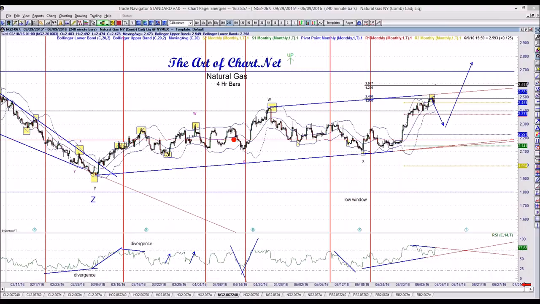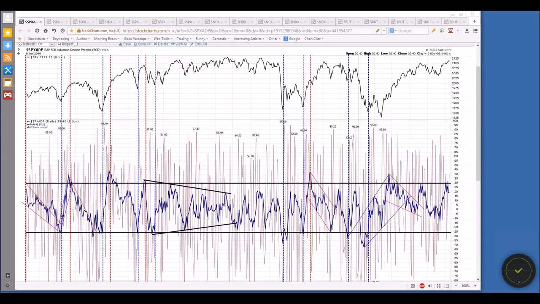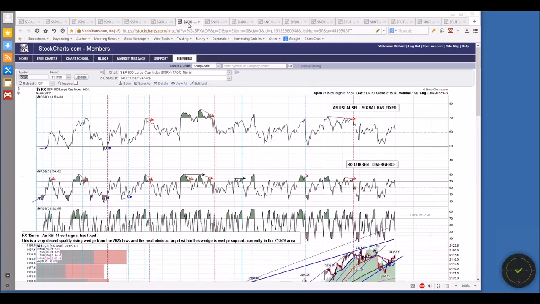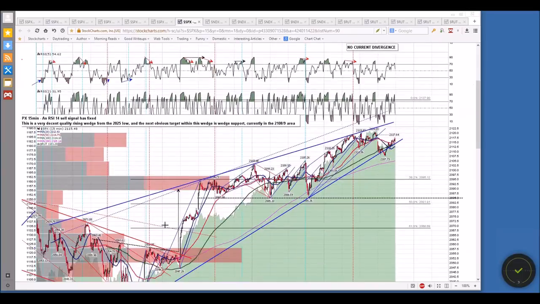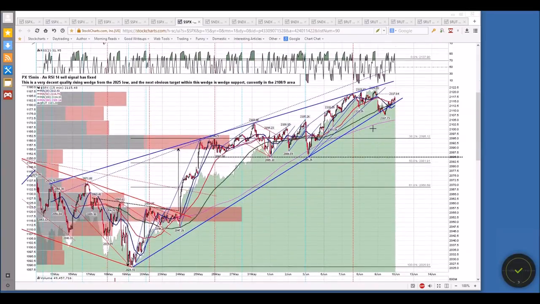Right, now there's a couple of things to mention on here. One of them is that I can't show you the ES chart, so I'm just going to describe what's on the ES chart, and we'll take this red from there. This is the wedge I posted this morning on my blog. It's a 15-minute chart. You can see we have broken down through wedge support.